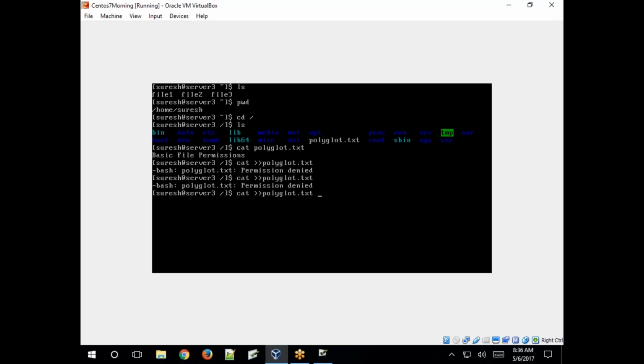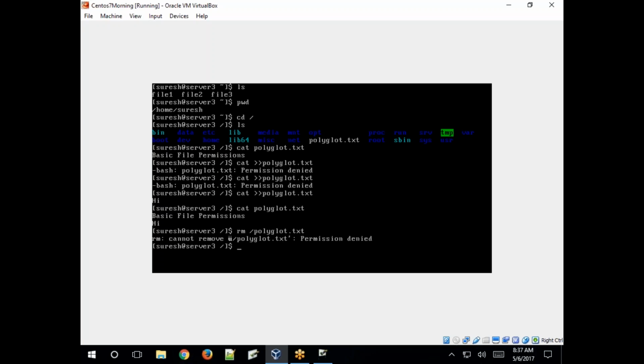See, hi. Modified, right? Yeah. Okay, so because we allowed other users to write data into the file, they can modify the file. Okay, so try to remove, rm /polyglot.